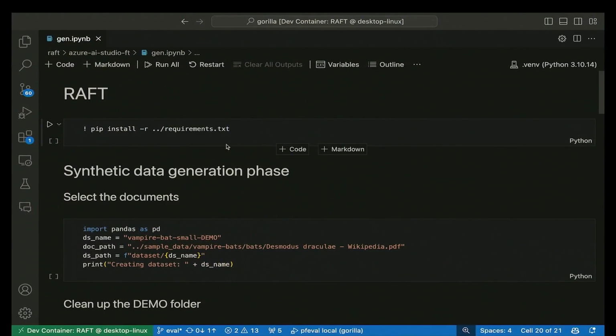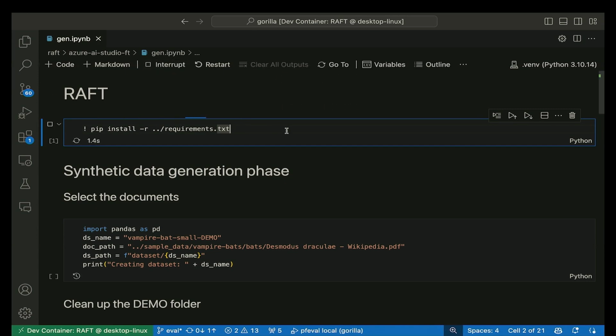I'm going to switch to Jupyter Notebook inside VS Code. The principle of RAFT here, I'm going to explain the steps. We're going to share the code repository at the end of the session so you can go look at it and try it. I'm going to run all the cells at once.